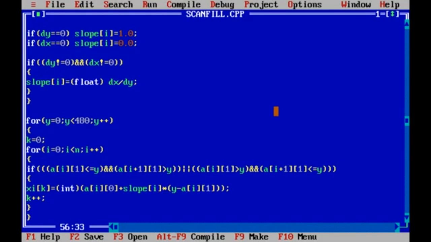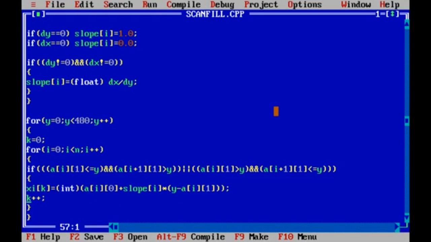Here k is an intersection point. For every iteration, we are finding a different k value, which is nothing but the intersection point. Because these lines may get intersected at some point, we are simply calculating the intersection point for this k.